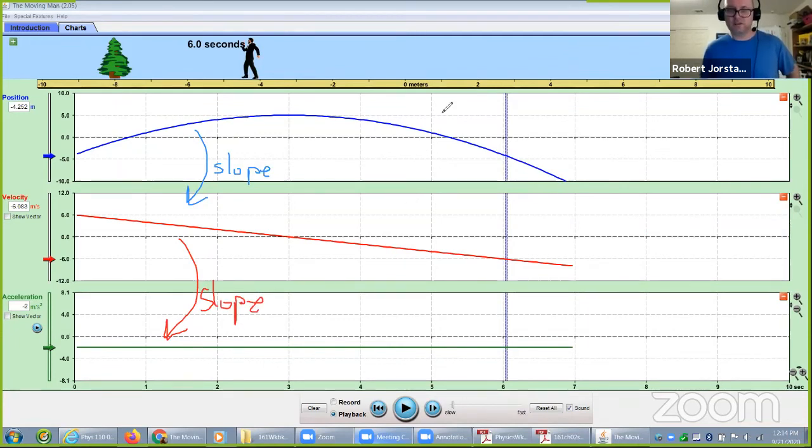Now, if you want to go from here to here, you get the area under the curve. And again, if you're in calculus, slope means derivative, area means integral. And it turns out down here, if you really wanted to go from there to there, that would also be an area. So the same tricks that we did,